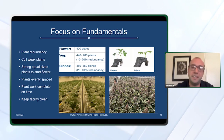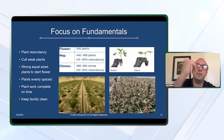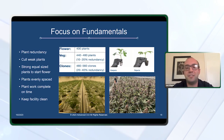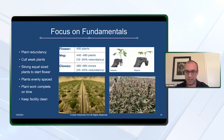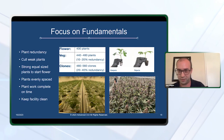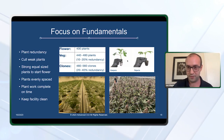If the redundancy is off, the most common thing that I'll see is you walk into a room and the last 10 to 20 plants on a table are small and weak. And that can be fixed if you just have the correct redundancy. The other thing that the redundancy allows for, as you'll see in the picture on the upper right hand portion of the slide,